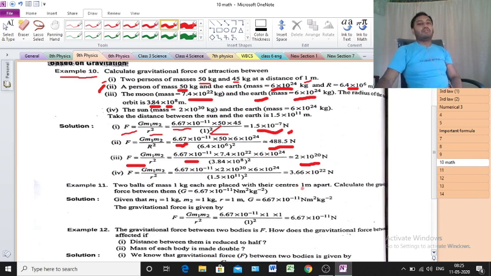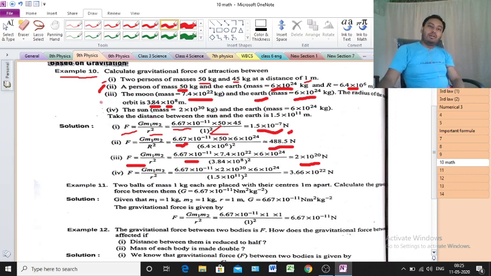Clear or not? Again one thing: if the radius is not given, and instead a diameter is given, say it is written the diameter of the body instead of the radius, in that particular case you have to divide this value by 2. Clear? Otherwise you have to take the radius because of the distance. Now tell me, is there any doubt? Actually I hope such deep detailed questions will not come for you, but still, if they do, I am telling you a little. Clear?